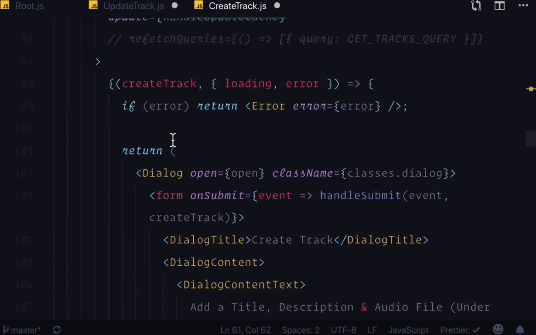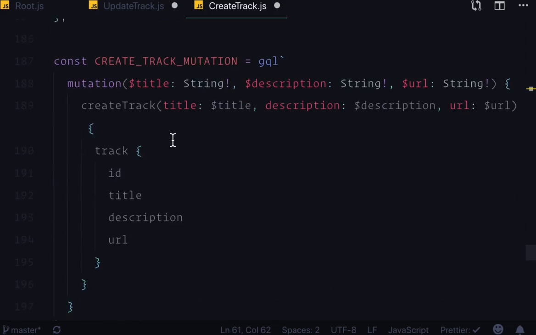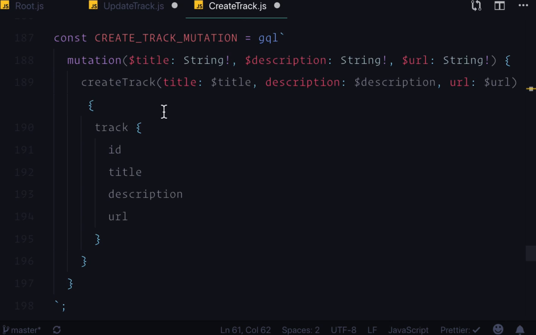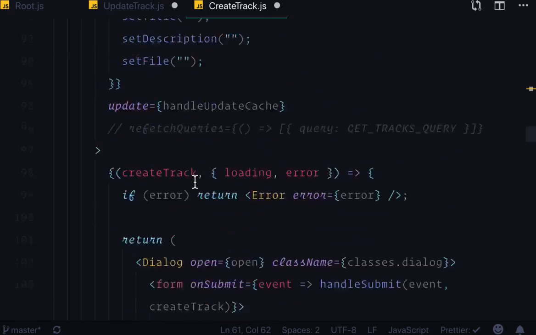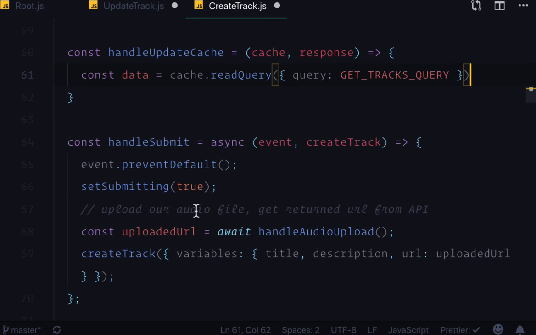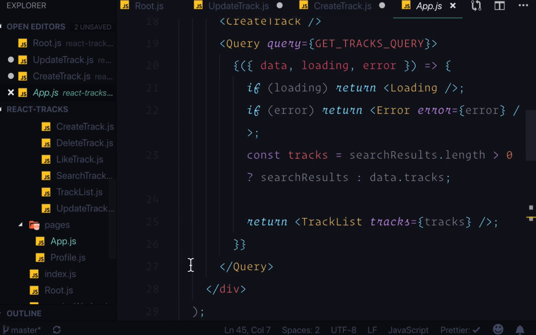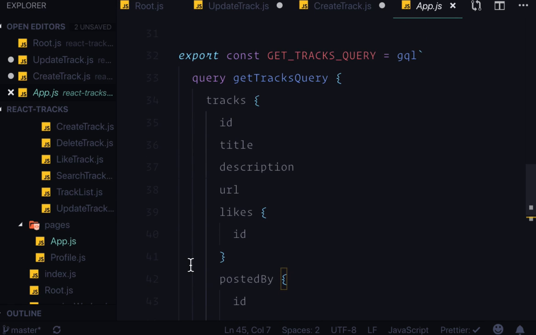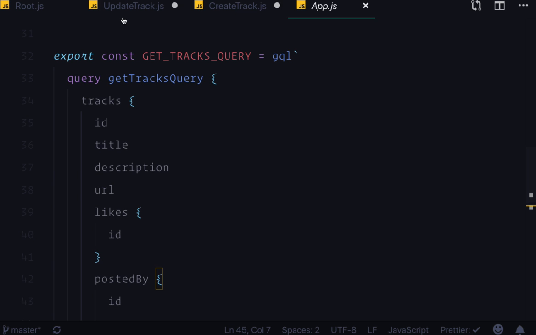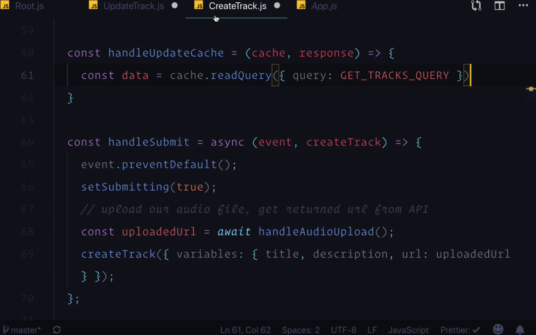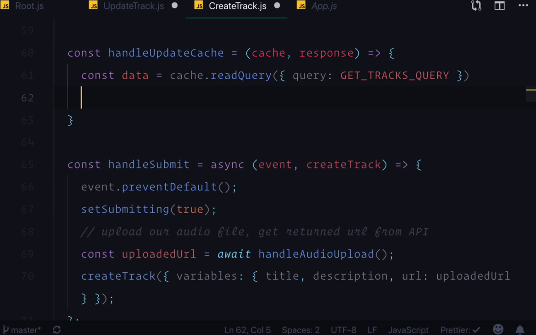So if we revisit our create track mutation, we can see that the created track data is going to be on data.createTrack.track, and what's returned from readQuery is going to have the same shape as our get tracks query. So if we head back to our app component, if we look at the shape of that, our tracks array is going to come from data.tracks. So we can add this newly created track to the end of our tracks array by saying